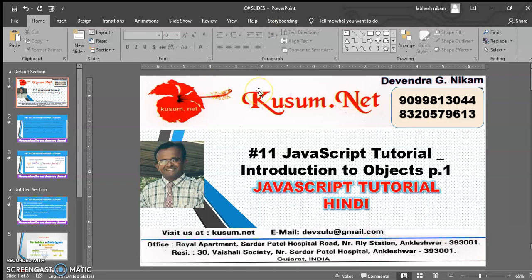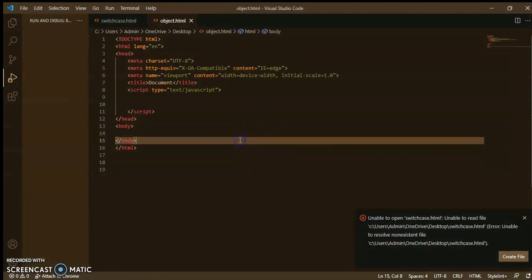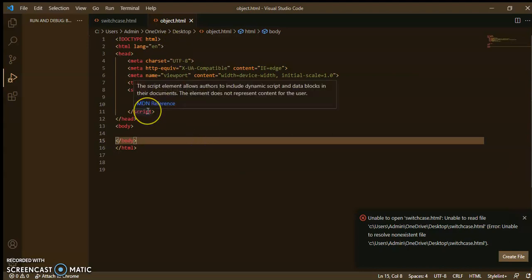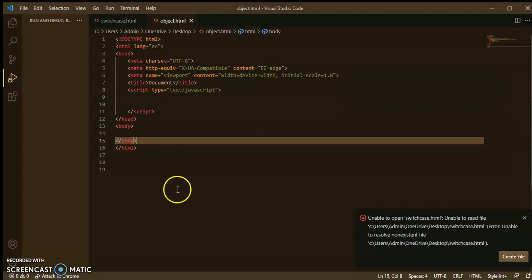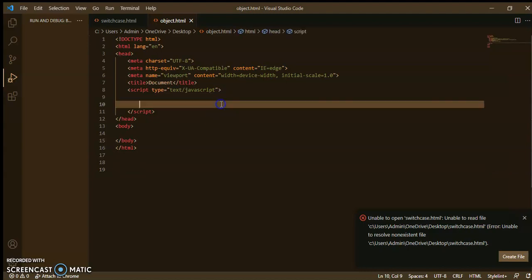Okay, so let's see how to create objects in JavaScript. This is a Visual Studio Code editor and I will do the program here. Now, JavaScript follows the object oriented structure. It has all things like objects, functions, variables, whatever an object oriented language supports, but some features are different from object oriented features. Let's see how to do it.